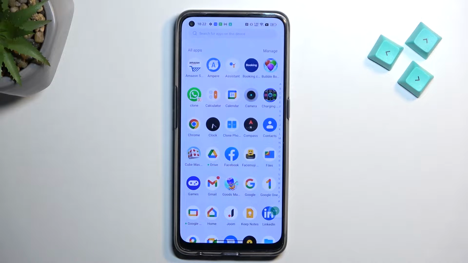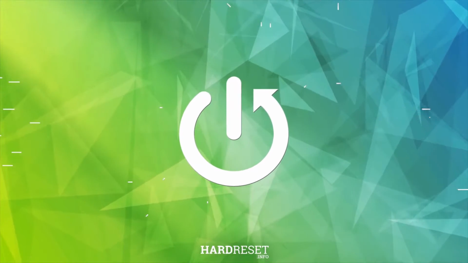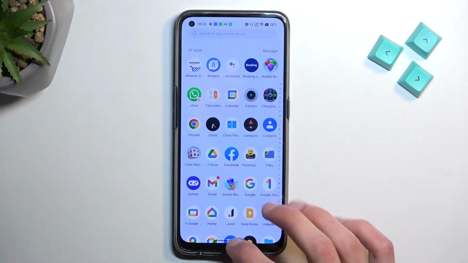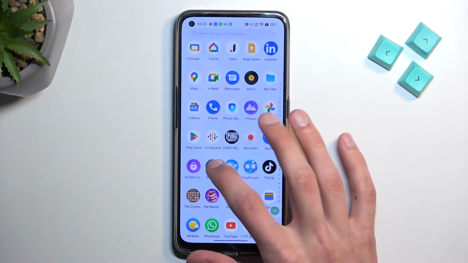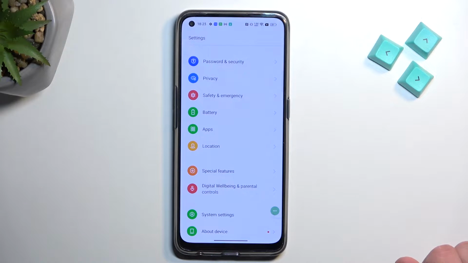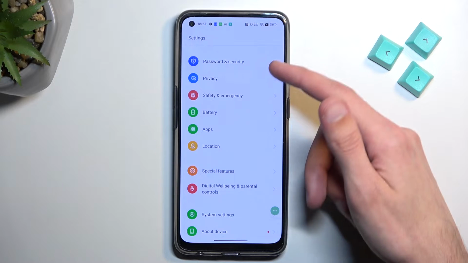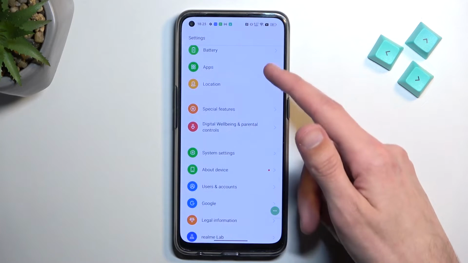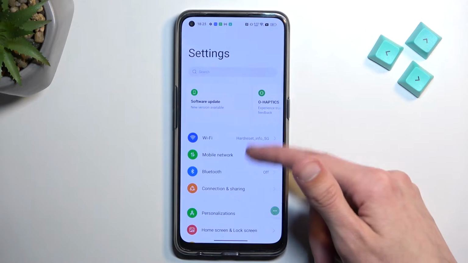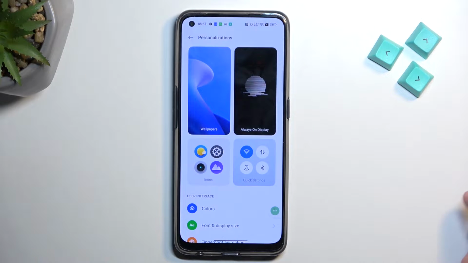Welcome. In front of me is a Realme 9 Pro Plus, and today I'll show you a couple tweaks and tricks you can do on this phone. So, starting off, we're going to open up our settings application, and from here we're going to begin by navigating into Personalize. There we go, or Personalizations, and this will give us access to a bunch of different options to customize how